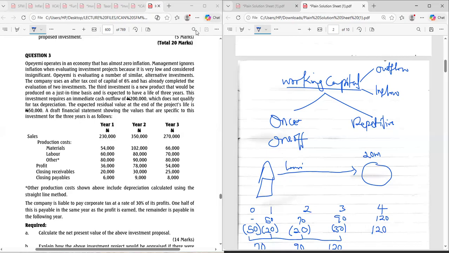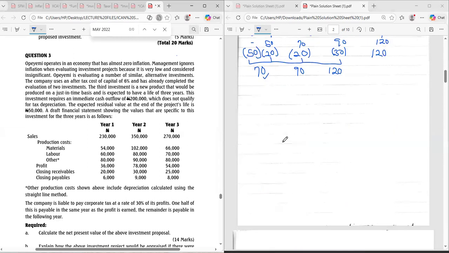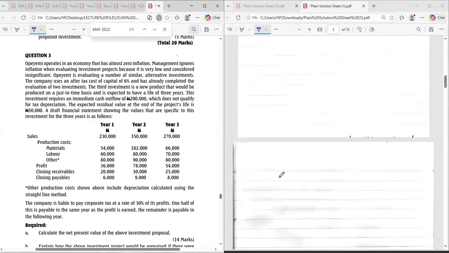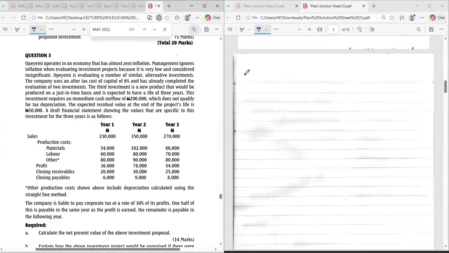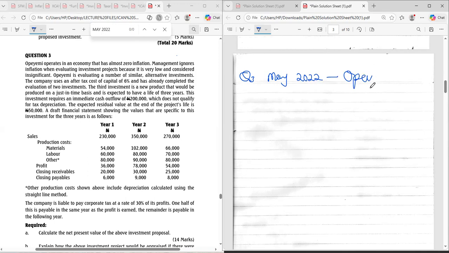This question is actually May 2022. Question 3, SFM. It's in your FM past question. Yes, it is. Okpeyemi, just go to discounted cash flow in your list. In that discounted cash flow, you open it small, be taking the question one after the other. You will see it. So question 3, May 2022.